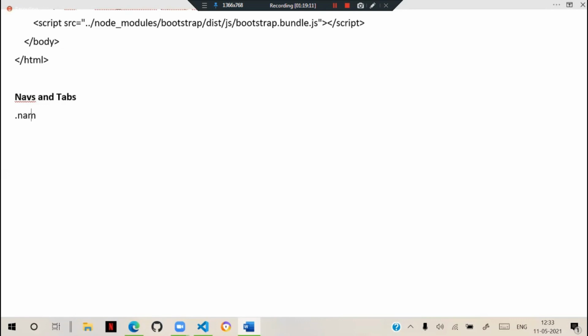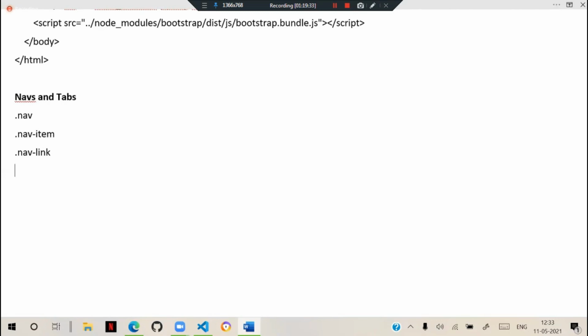We have the class like nav item, and the class like nav link. So that's it. And you have a combination of nav styles also.